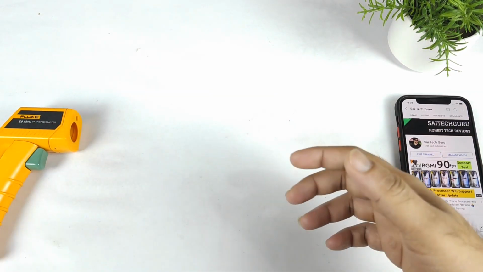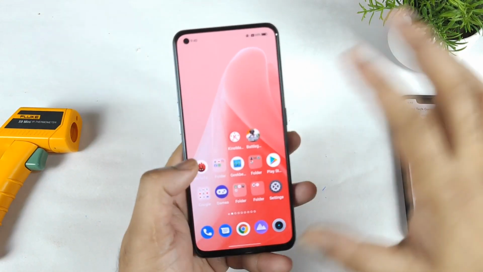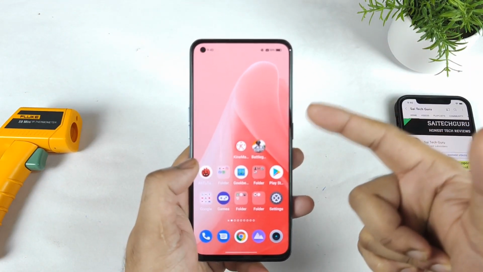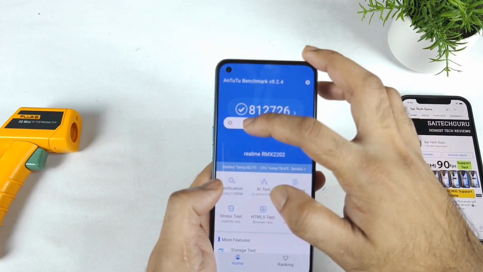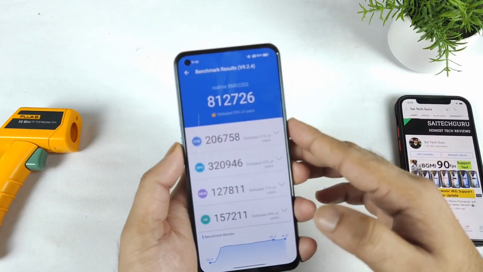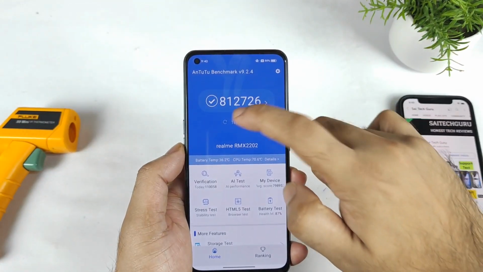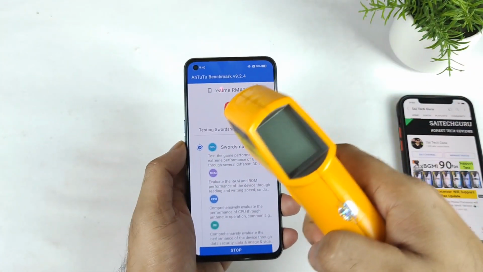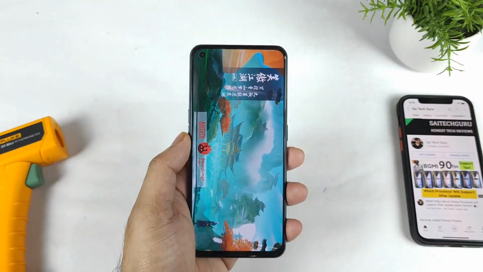And finally the phone has restarted successfully. Now let me completely clear all apps from recents, and let me show you the before score. Before the update, what was the score, and after the update, what is the score. In this way we'll be able to compare. So this is the score which I got before the update. I am taking a screenshot as well. So let's start the test again and see what the score will be after this update. It's going to be really interesting.